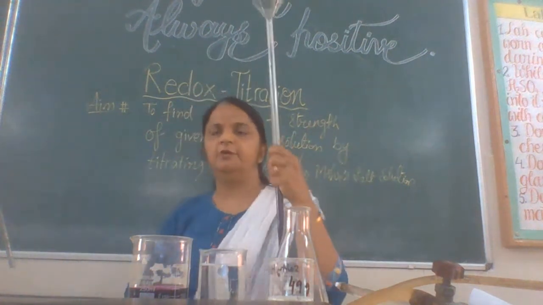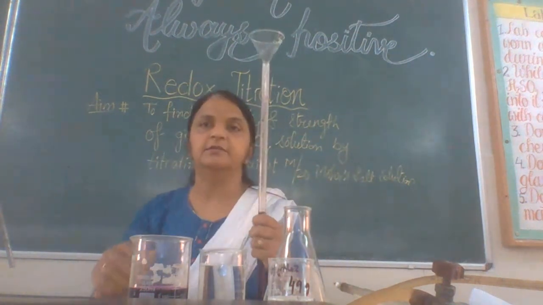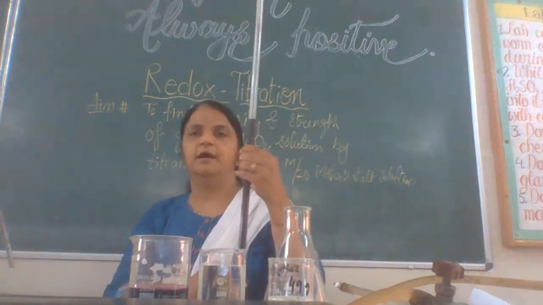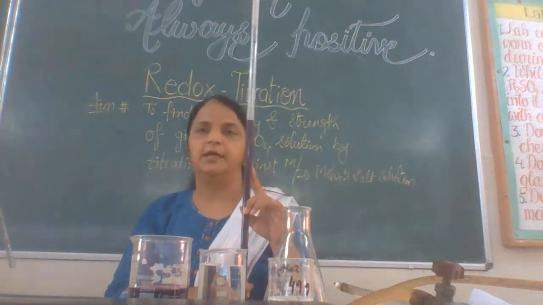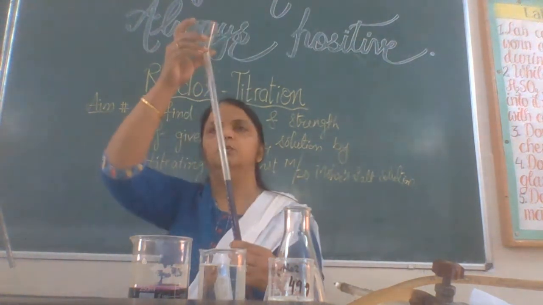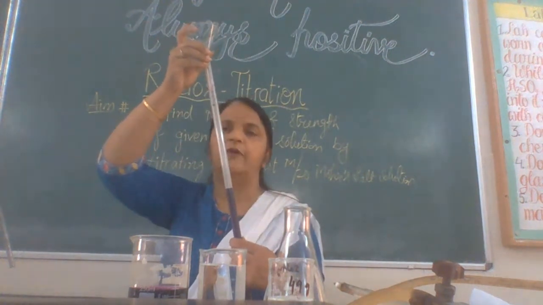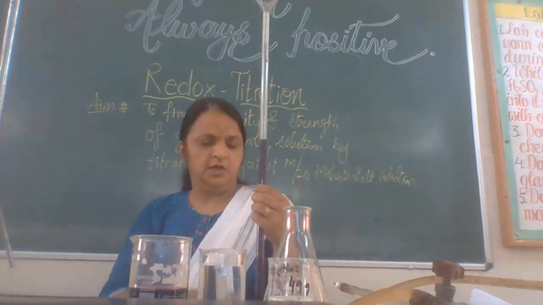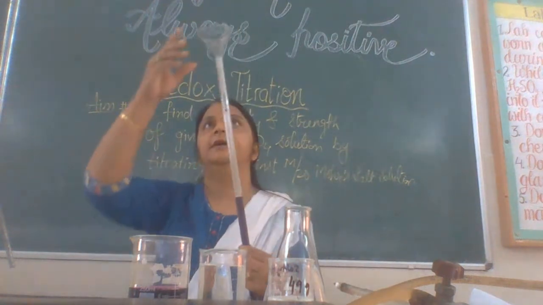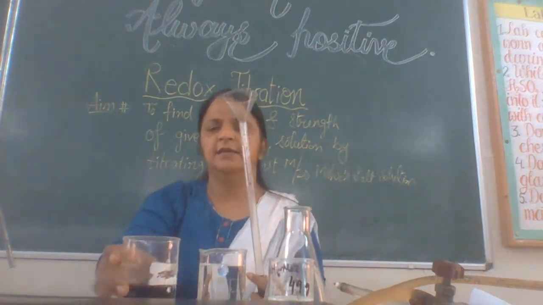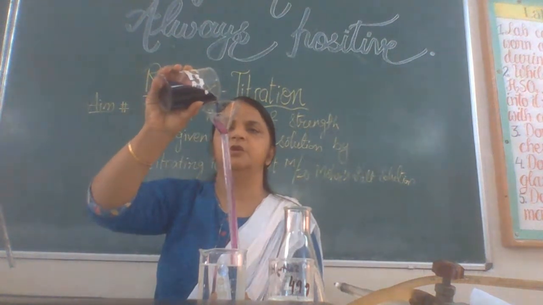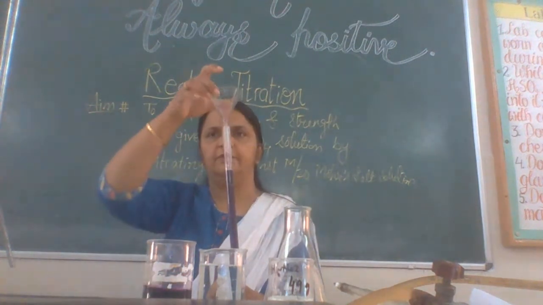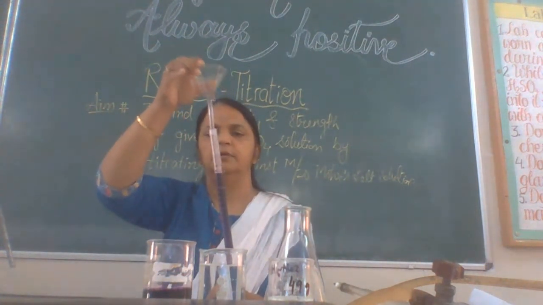Before filling, we need to wash this entire apparatus with water, and after washing we need to rinse. We need to rinse this burette with the solution which is to be taken in, that is potassium permanganate, violet colored solution. We'll fill it with some 5 to 10 milliliters of potassium permanganate and rinse it. Rinsing is required so that the concentration of the solution remains constant. Now after rinsing we'll fill it with this potassium permanganate solution using a funnel, and after filling it, we'll simply remove the funnel.